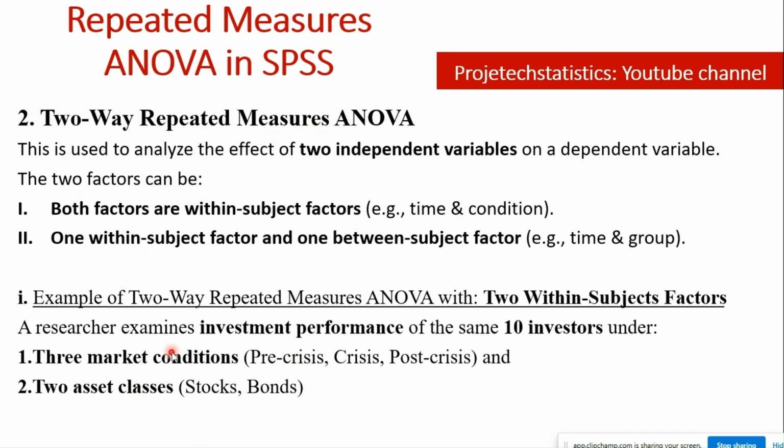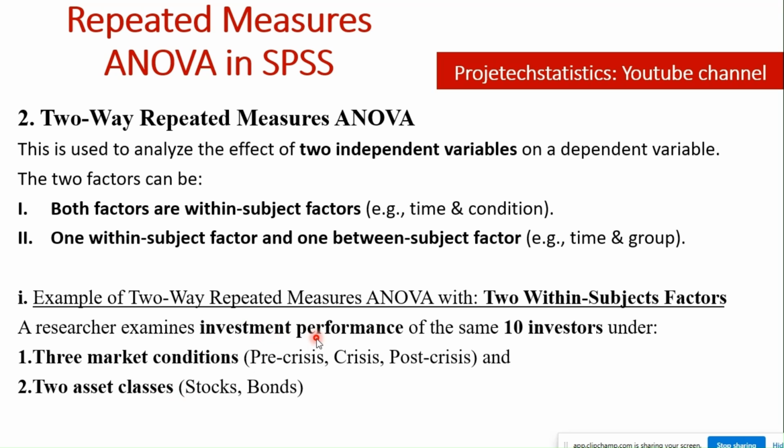We are investigating performance of the same 10 investors under two conditions, two independent variables. Unlike the first one we did, where we only have market condition against returns. But this one, we have market condition and asset class against investment performance, which is